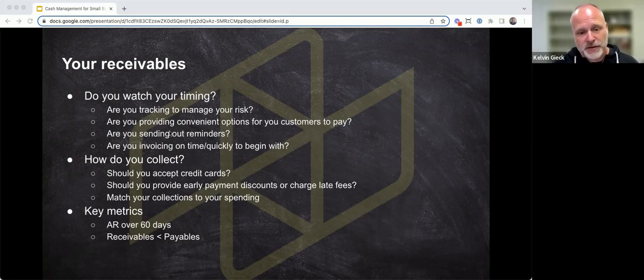You should also be thinking about how you can improve the timing of your AR collections. Could you provide different payment options so that your customers pay quicker and you can collect quicker? Are you sending out reminders to see if you can improve how quickly you can collect your cash? And you should also think about how and when you actually invoice your customers. In terms of cash management, when you're looking at receivables, you need to think of the whole holistic picture. So it's not just when am I collecting cash, but how quickly did you actually invoice the customer in the first place? Obviously, the quicker you can get those invoices out realistically, the faster you'll probably get paid on the back end.